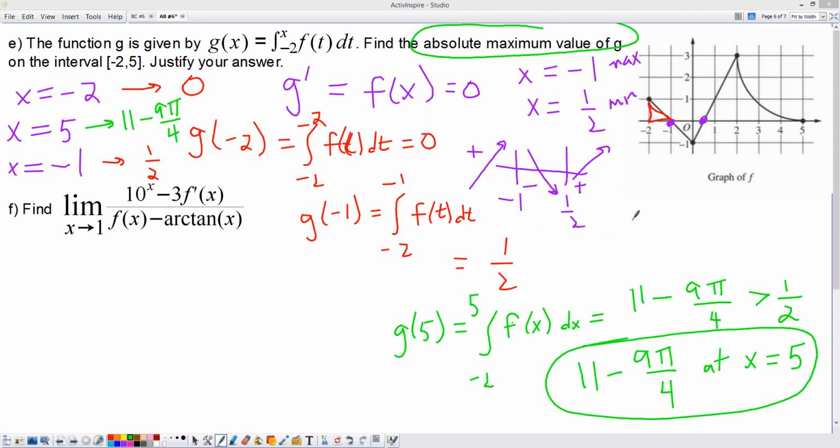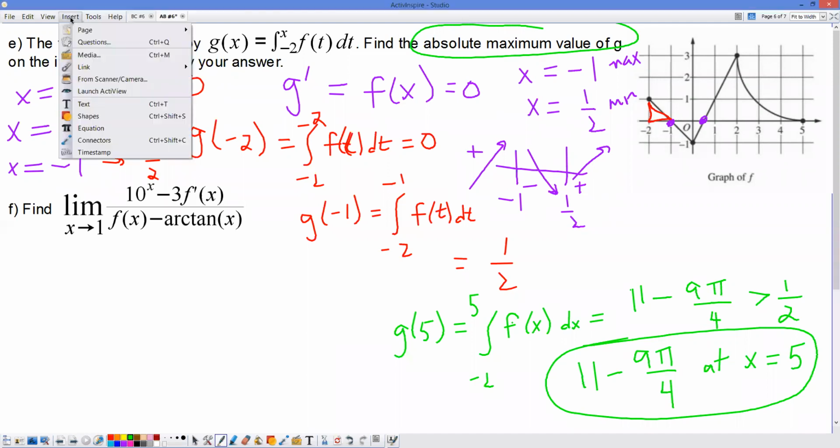Okay, let's see. I think Sean, your question is next here. The sine chart, yeah. Before I go through the sine chart, I'm going to answer Justin's question real quick. Why is g prime f of x? Because that'll help us with the sine chart. g prime is f of x because,